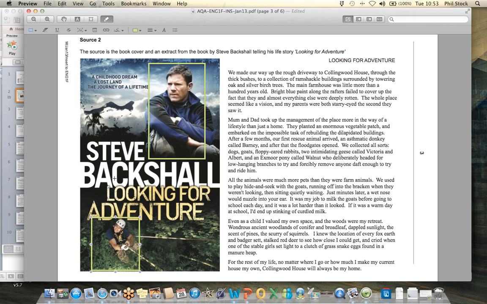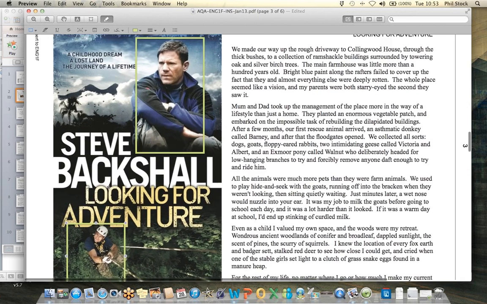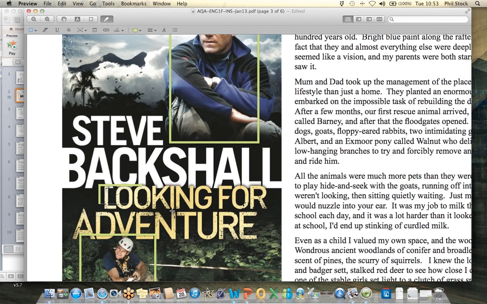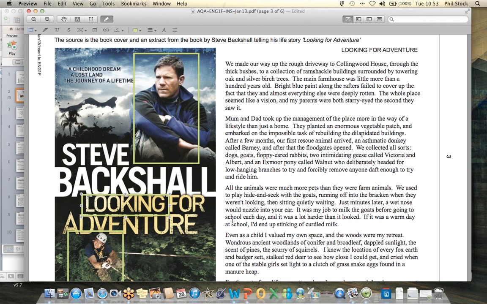What can I say about the text? Well, if you look here very closely, you'll be able to notice that this text looks quite battered. It's in yellow, but clearly it's been quite rugged, and maybe it's spattered with mud. And the words themselves are about adventure, so I think it's entirely appropriate for the text to take on that kind of feature. You've also got Steve Backshall in white here, which is a really striking contrast to